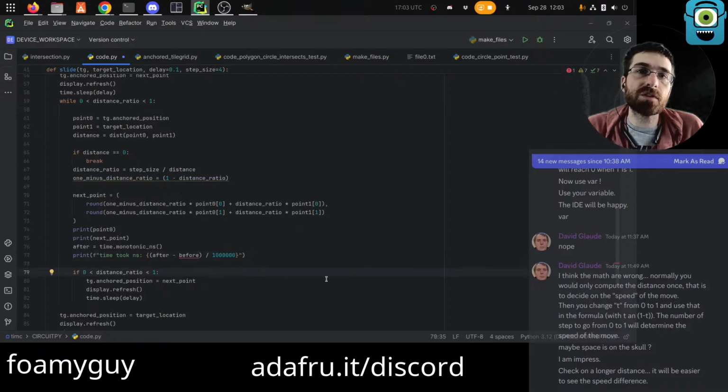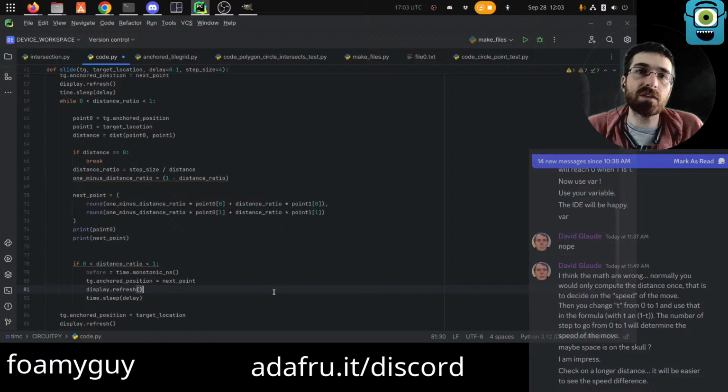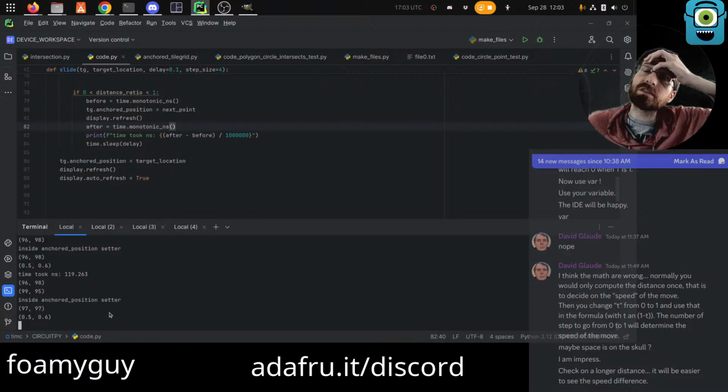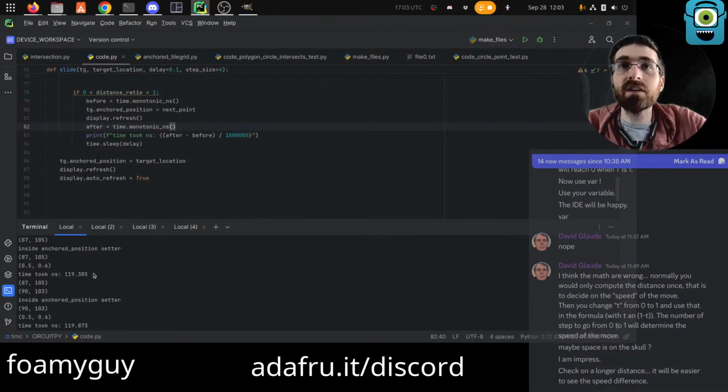If we just do this part now, we can see how long it takes to set the anchored position and refresh the display. I suspect it will be much higher. Yeah, 119 milliseconds, so several orders of magnitude. Over 100 times as long. I mean, still relatively quick, right? 1/10 of a second is not slow by any means, but